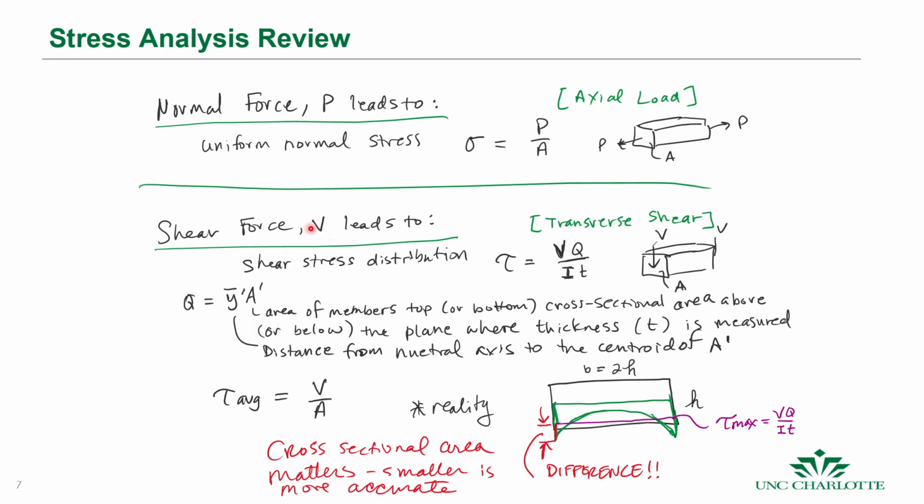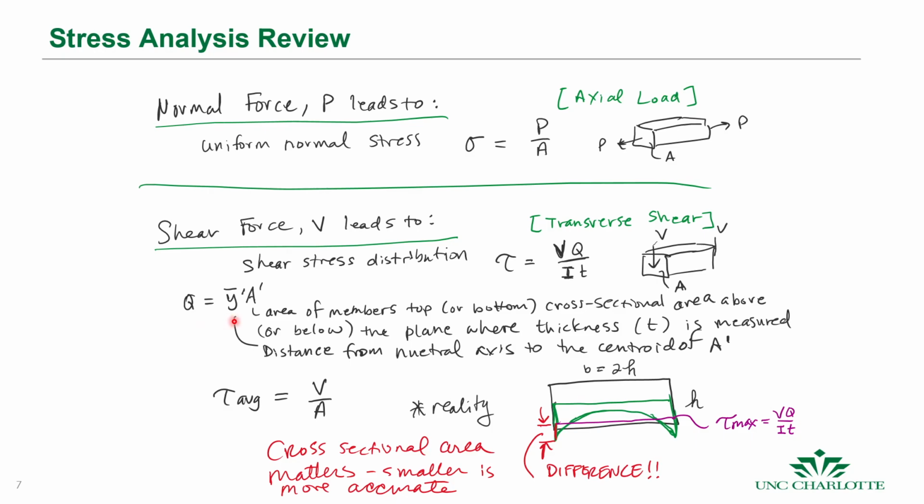That shear force V leads to a shear stress distribution across a cross section here. This is your shear V, this is your area A for some cross section of a material that has transverse loads. And we have the shear formula, which we'll derive for you today. V is the shear, I is your moment of inertia, t is your thickness of the cross section,